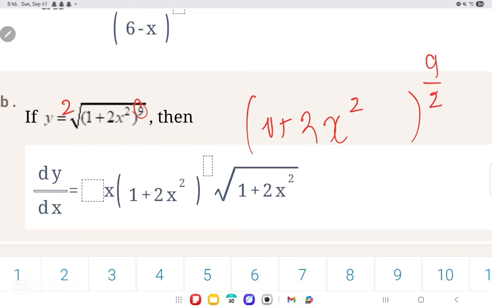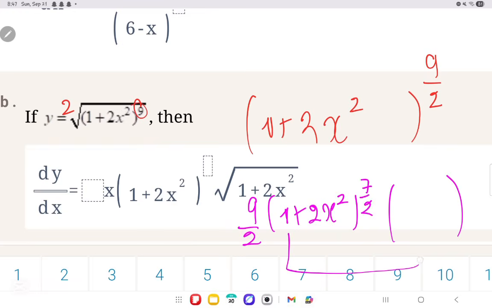So it's going to be 9 over 2 times (1 + 2x²), right? Then 9 over 2, we're going to subtract from it 1. It's going to be 7 over 2. And we do not forget to multiply by the derivative of the inside, which in this case is 4x. Now, it's going to be 9 over 2 times 4, which is 18. So now it's 18x times (1 + 2x²), all of it to the power of